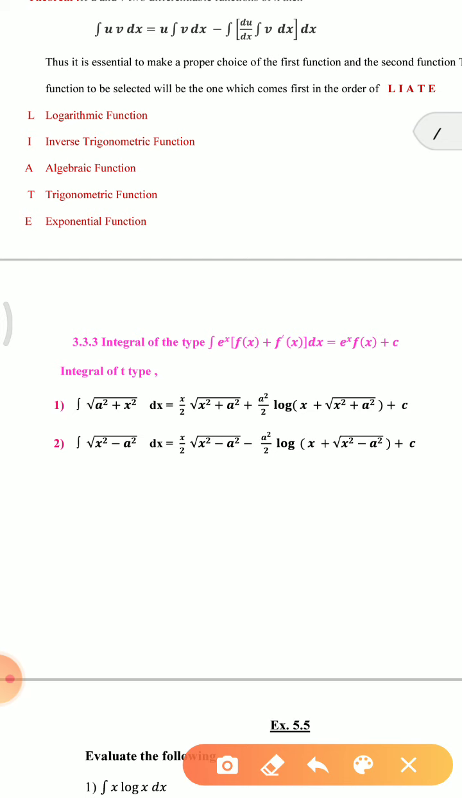Integration of the type integral e raised to x in bracket f of x plus f dash of x dx is equal to e raised to x f of x plus c here. Another type of integration,